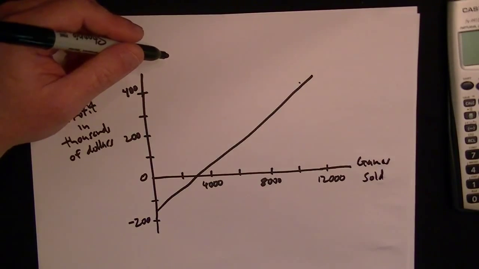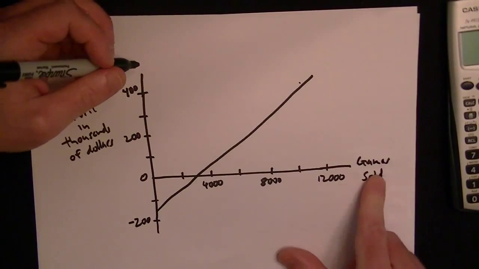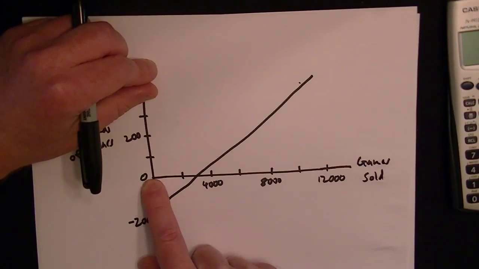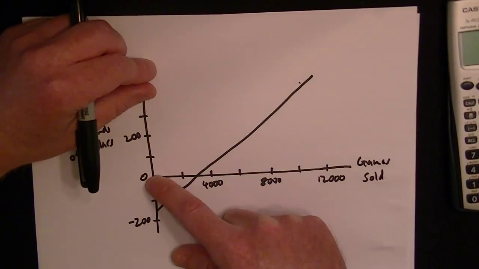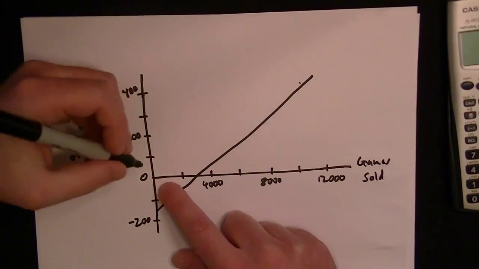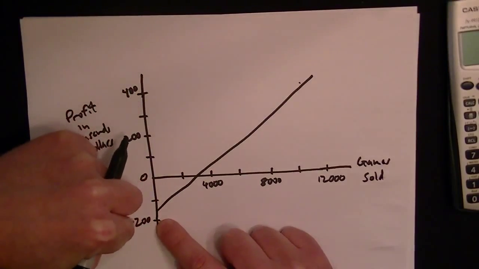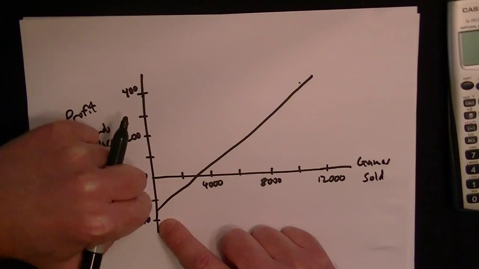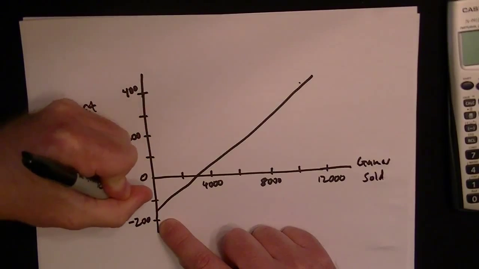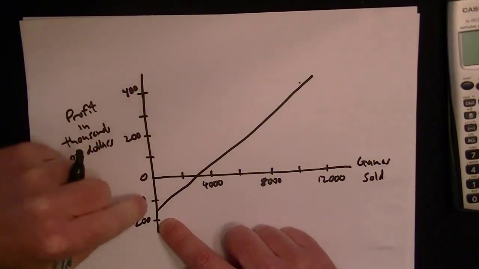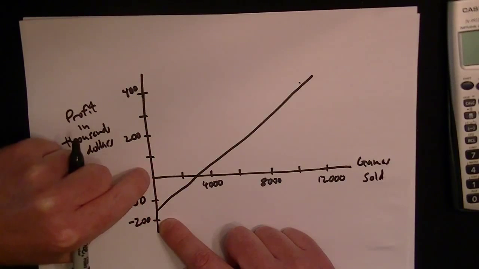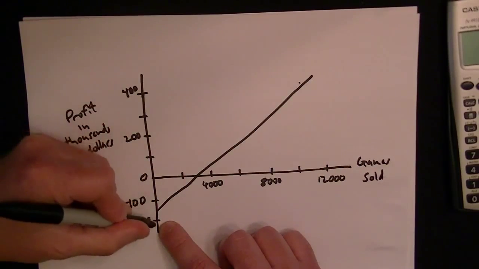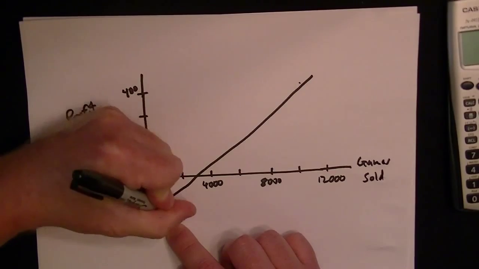So the trick here is reading the graph correctly. The profit before any games are sold would mean 0 games are sold, so we have to go back to 0 on this axis, and then we have to read the profit. It looks here like there's 2 tick marks to get to minus 200. So this first tick mark would be halfway, so that's minus 100. So we can fill that in, and then it looks like at 0 games sold, the profit seems to be halfway between minus 100 and minus 200, so that would be at minus